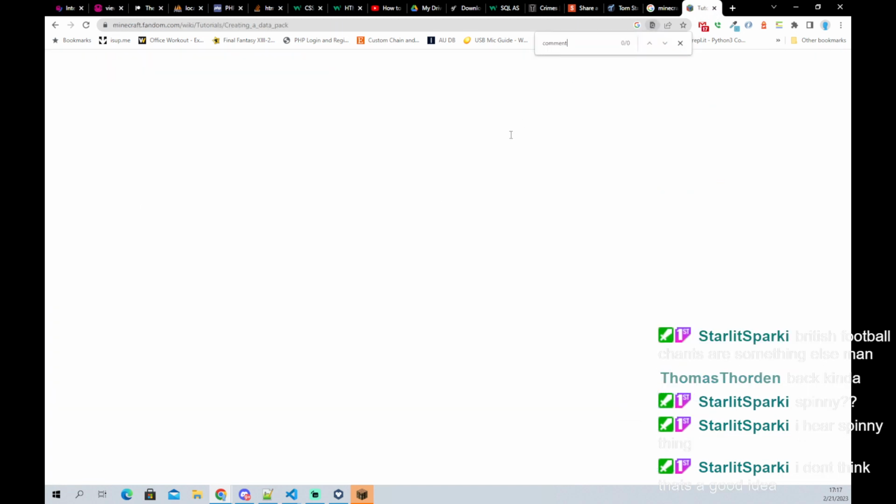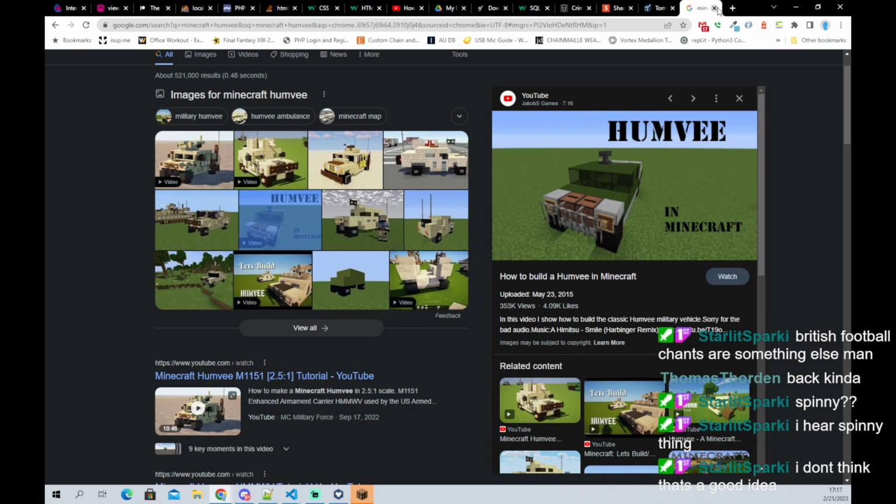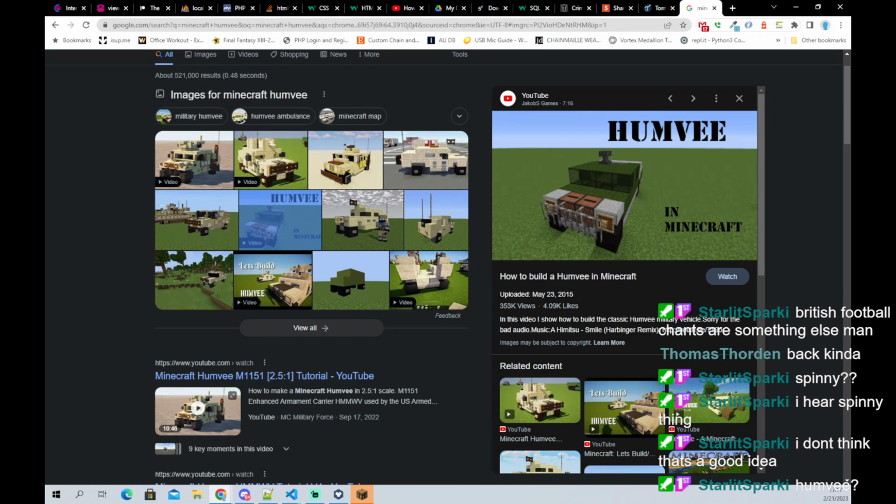Yeah, no, it's not a bad idea. It's just I don't need this one anymore. I was looking up directions how to make a Humvee for Troj. Come on, how hard was that? I just Googled it in like 5 seconds. Anyway. Okay, so we are going to switch gears.